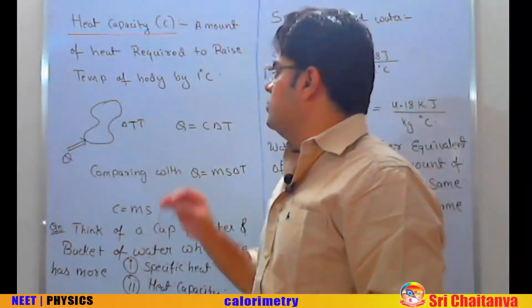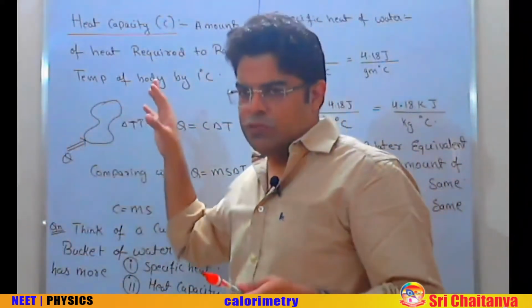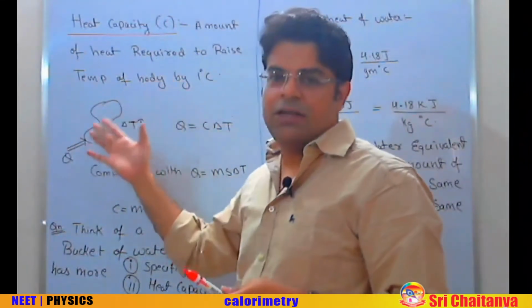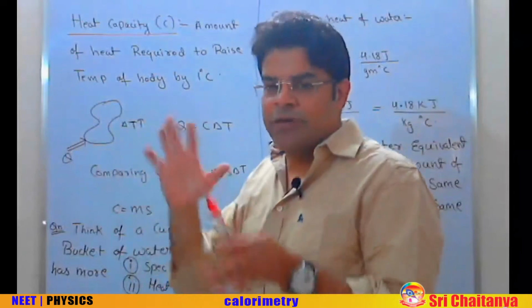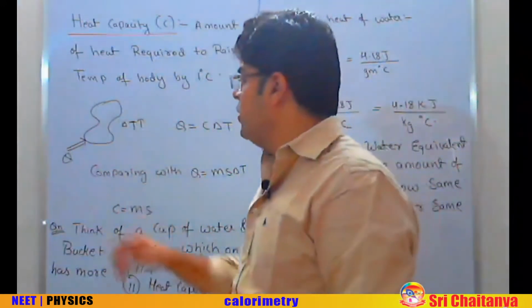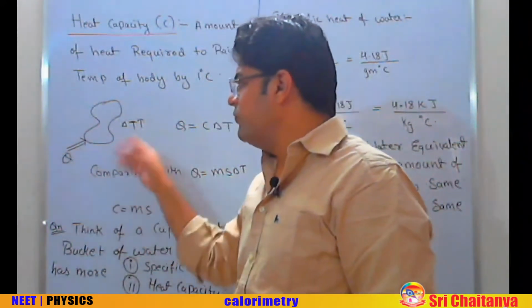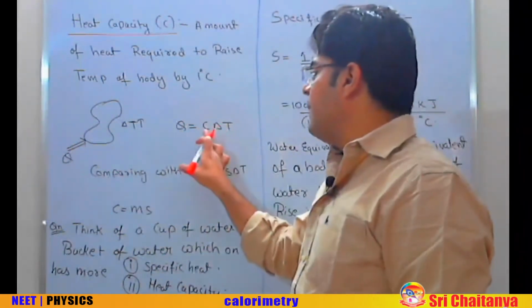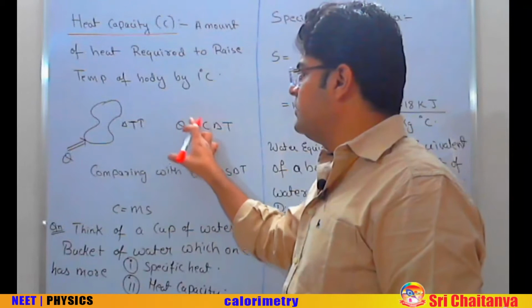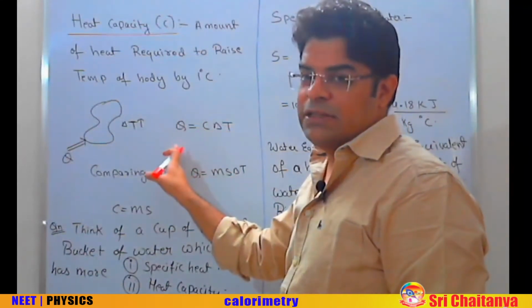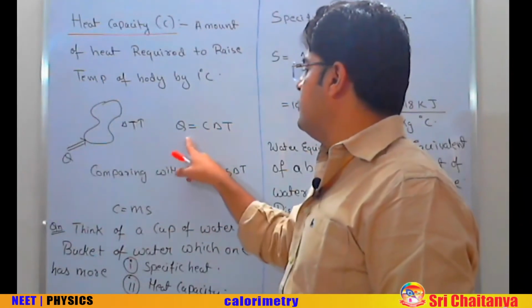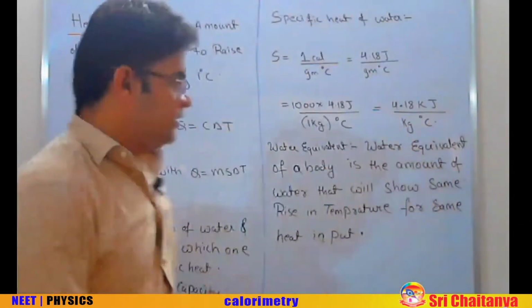Okay. So now let's say there is some object. We don't know what it is. It might be a vessel, it might be water, it might be copper, it can be anything of any size. If we provide some heat and let's say temperature rises by delta T, we know that heat capacity is the heat supplied per degree rise in temperature. So heat capacity C equals Q by delta T. So you can write Q equals C delta T.